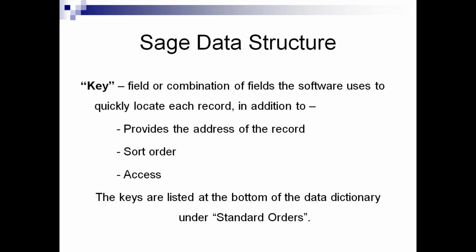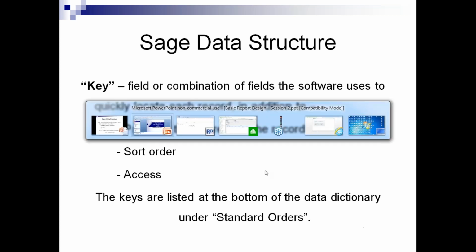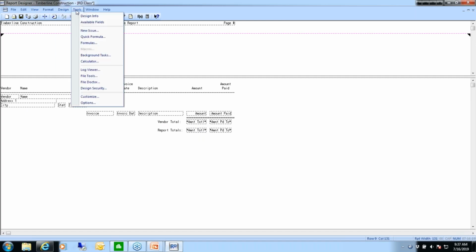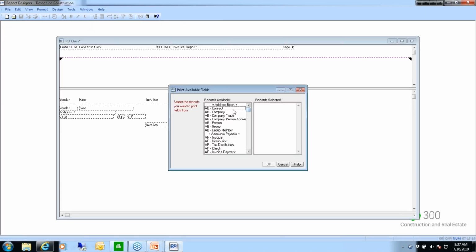Now, one of the things I want to show you too is how to find these available records and the data dictionaries that go with them. So if you go into Report Designer, and look up at the top underneath Tools, you'll see an option for Available Fields. If you click on that, you'll see a list of all the different records within each application, and these are in alphabetical order. So if I take a look, let's say, at the AP vendor record,